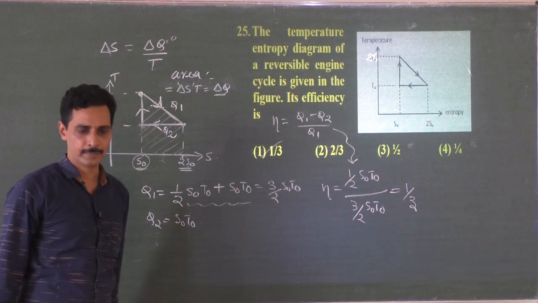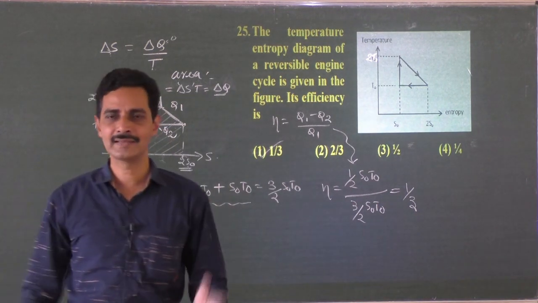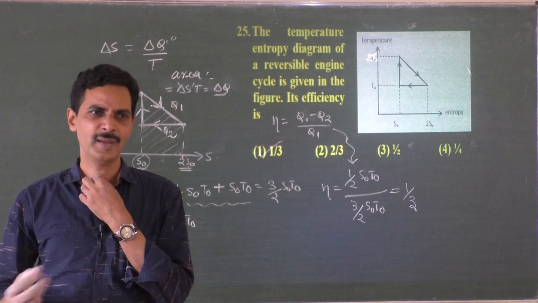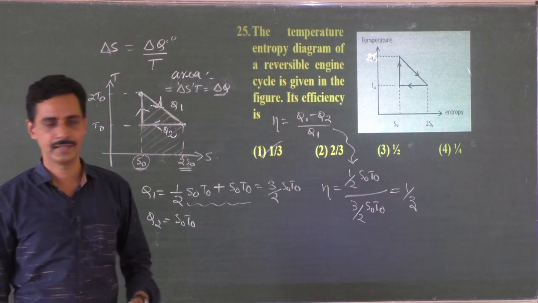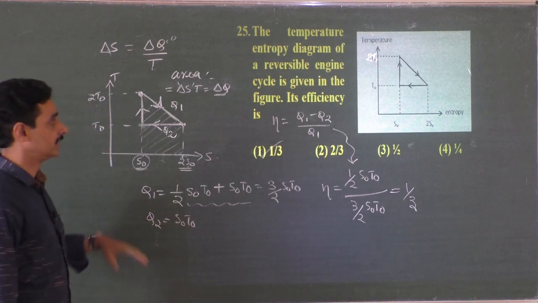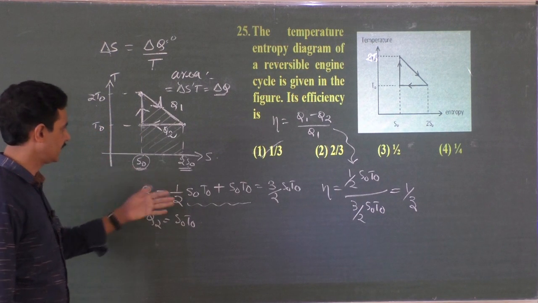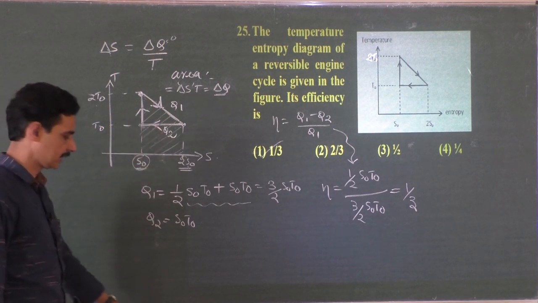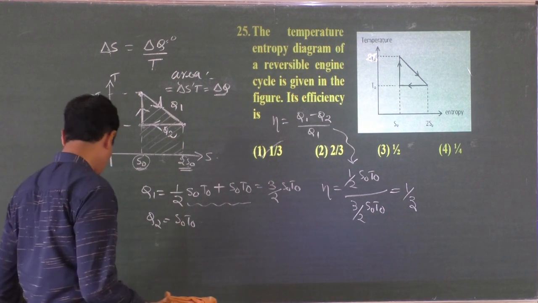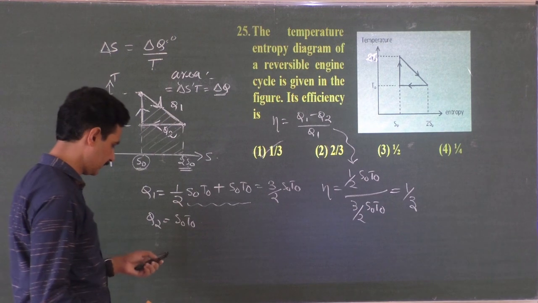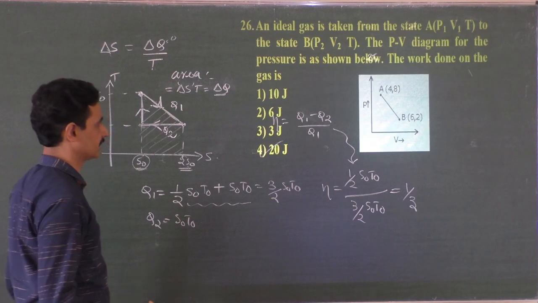Very simple problem, provided you collect some ideas about some concepts which are not in the syllabus. Entropy is one such thing. It is the disorderedness of the system. So finally you were able to get this. Area under the entropy versus temperature diagram gives heat energy absorbed or given out, depending on the type of process in which entropy increases or decreases.